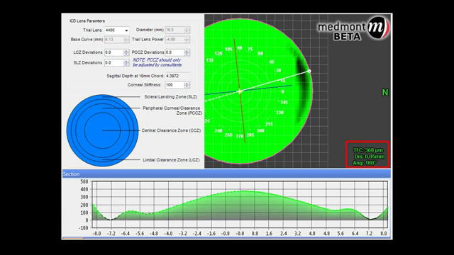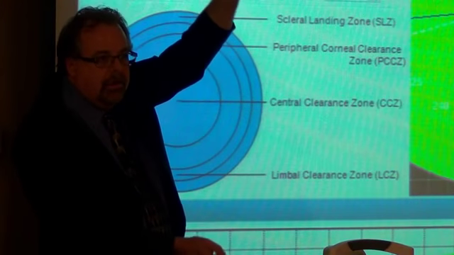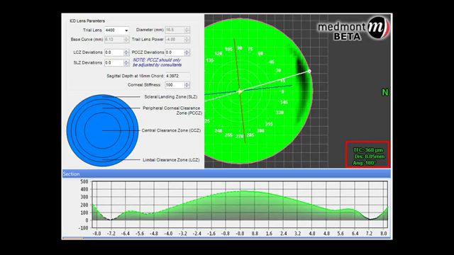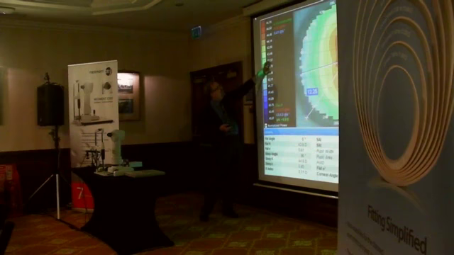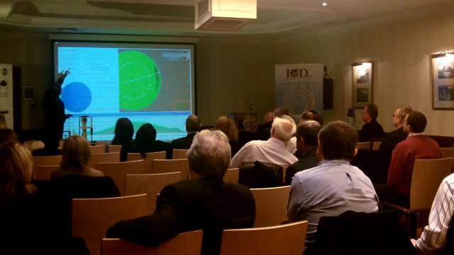Once you have that information, the topographer can choose a scleral lens to put on that simulated scleral corneal height. Here, the topographer has chosen on this normal eye a sagittal height of